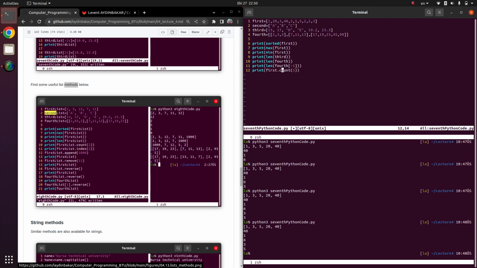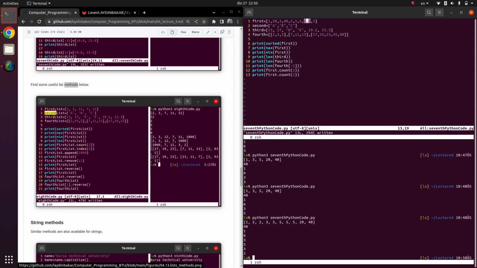Now when we do this, it will count the number of 5s and it will print us 3. If you do this for 2 here, for example, it will print us 2. Okay, let's run the code. This 3 is the number of 5s, this 2 is the number of 2s in our first list. This count can be used like this, and like here, we can print